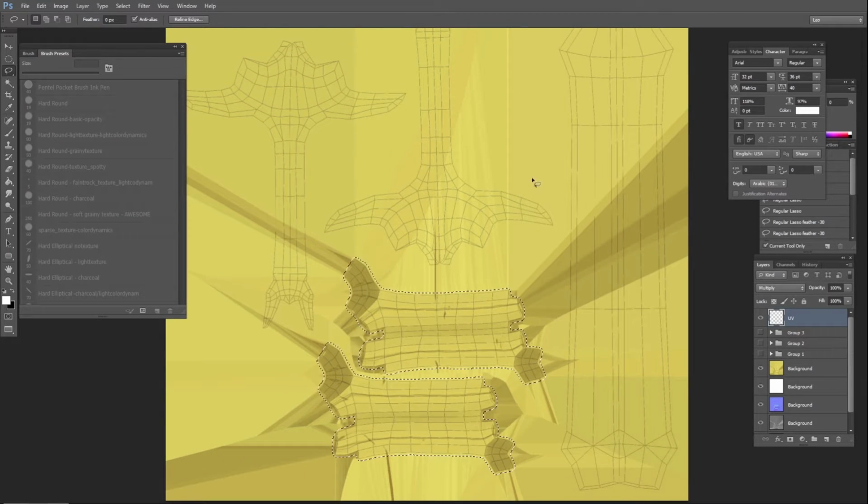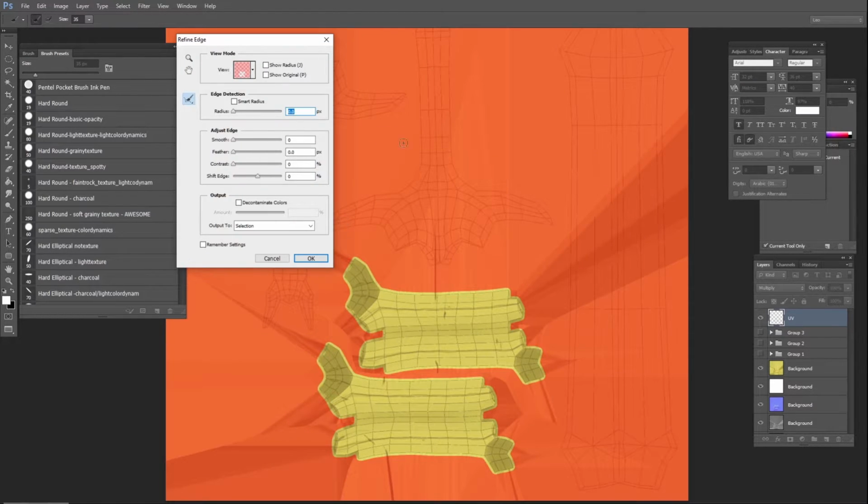Obviously deselect the other ones because you're not going to need them for this particular island. So then you want to refine the edge. So you click refine edge. Here I had already set it up. So you need to play around with the contrast, feather, smooth, shift edge to kind of give it this border around it. That way it eliminates any